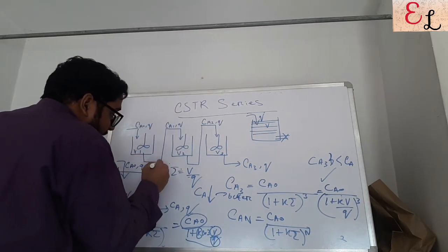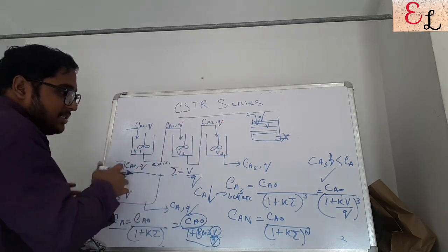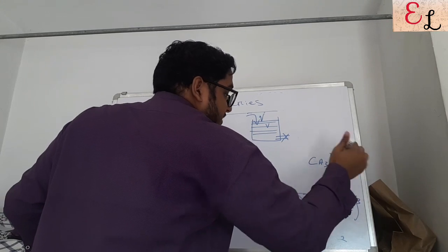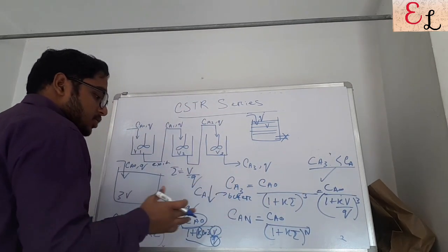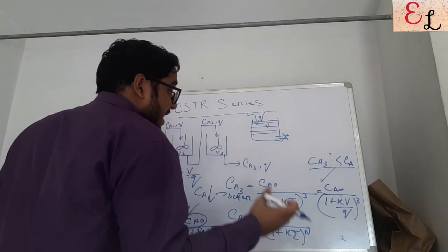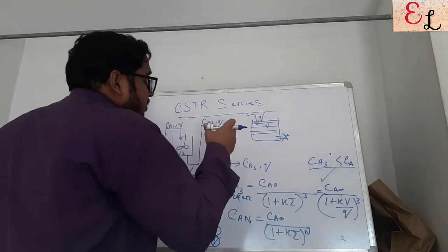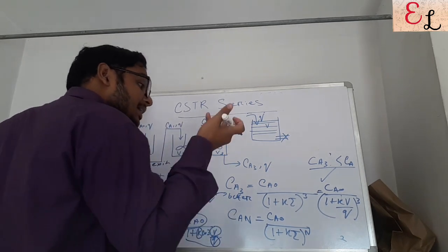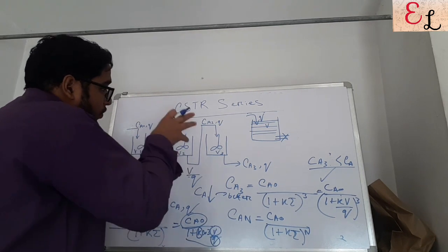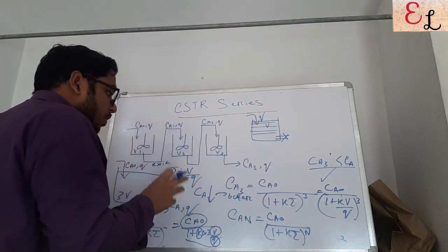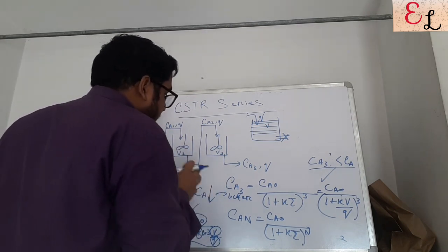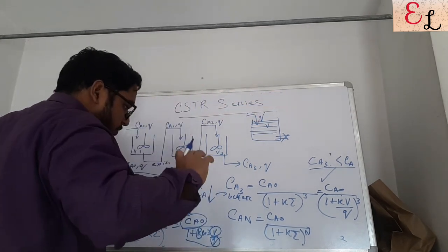acting such that the exit of one is the entrance of the other. That is, reactors in series. Ca3 is actually going to be less than the Ca that we have calculated. So a single step reactor doesn't serve the purpose of reducing A as much as the combination of 3 reactors in series does. That is why we deliberately divide the volume into an equal number of smaller volumes so that we can achieve it. Now we have to see various other things,